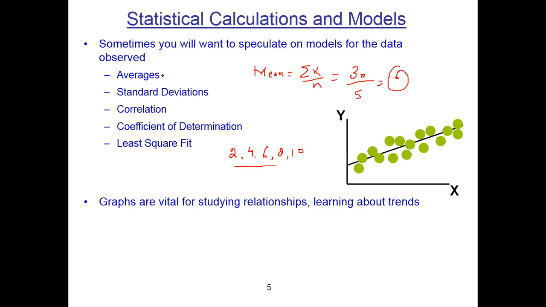Same, we have standard deviation. Actually, standard deviation shows error, the spread in the data. So what is the formula of standard deviation? The formula of standard deviation is sigma equal to the square root of the sum of (x minus x average) whole squared, divided by n. Standard deviation shows the variation or spread in the data.